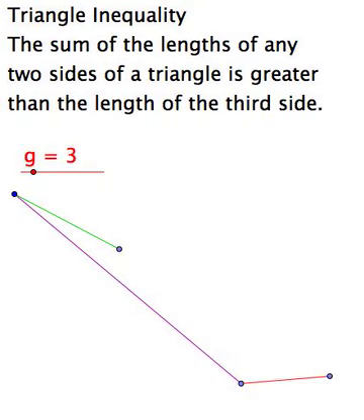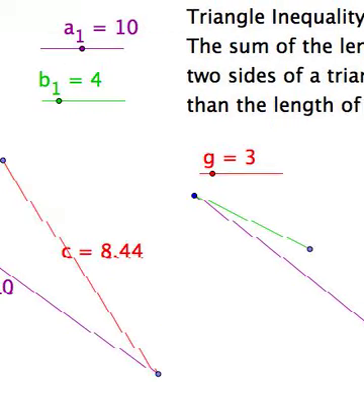Alright, so today we're going to talk about the triangle inequality theorem, which states the sum of the lengths of any two sides of a triangle is greater than the length of the third side. In other words, if you're given two lengths of a triangle and they're fixed lengths, the third length has to be a certain size or you can't make a triangle. And we're going to show that with this little drawing